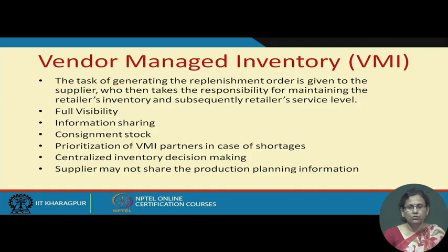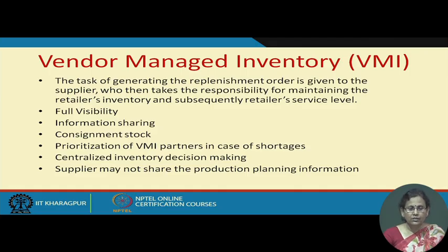In both the cases you actually share the demand information, but in collaborative planning and forecasting, the retailer and the manufacturer independently take their ordering decision, but the manufacturer actually makes its production plan in